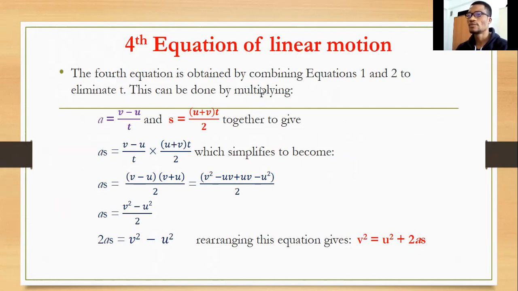This can be done by multiplying the equation for acceleration and equation 2 together to give as. Again, you cross multiply. So we multiply equation 1 by equation 2, and then when we do that, we have